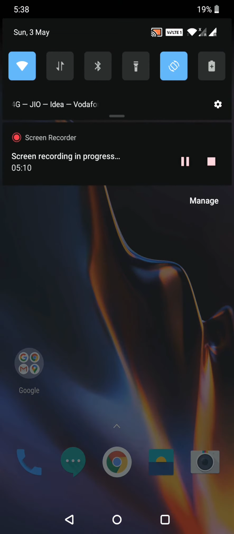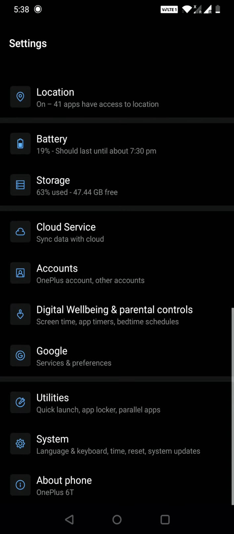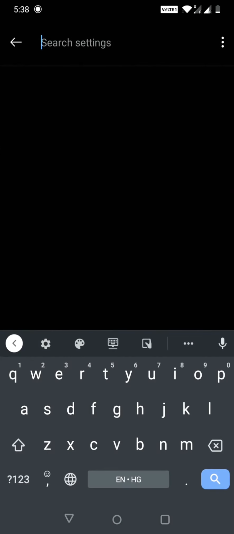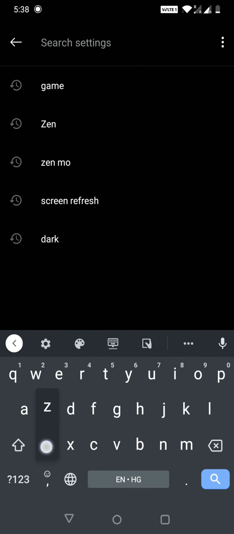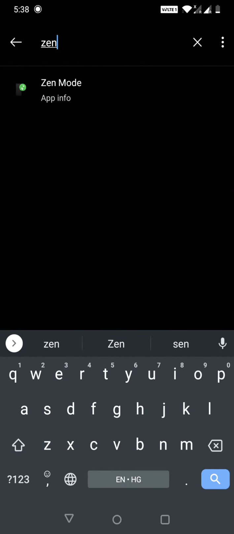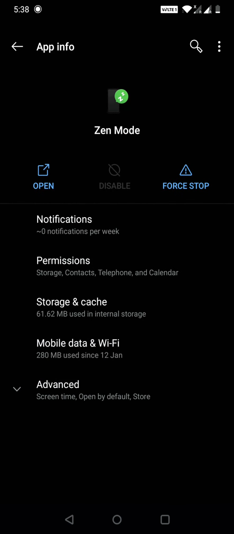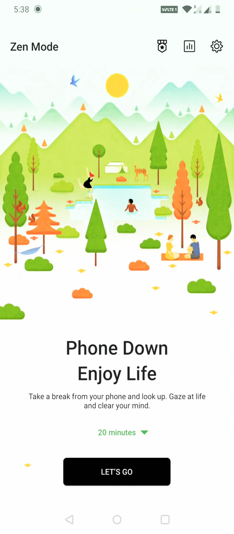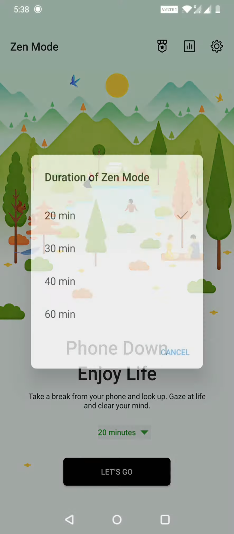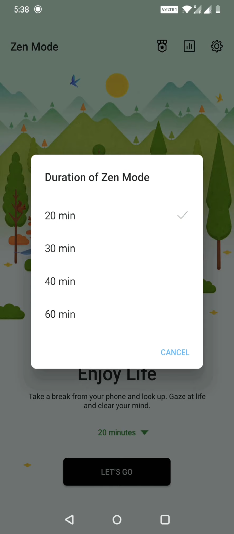So how can you access it? You just need to go to setting. Here you will get the search option and you can search Gen mode. Once you search Gen mode, you just need to open. Here you will get this screen and you just need to set up the time, for how much time you would like to go on Gen mode with your mobile.